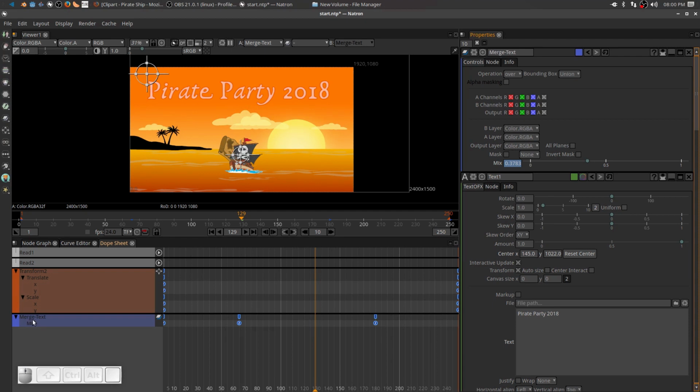So there's my merge text node. And I know that I created a keyframe at 0. Here's my frames down here on the bottom. I created a keyframe at 0, there it is. And then I created another one at 65, and there's that keyframe. And there's my keyframe at